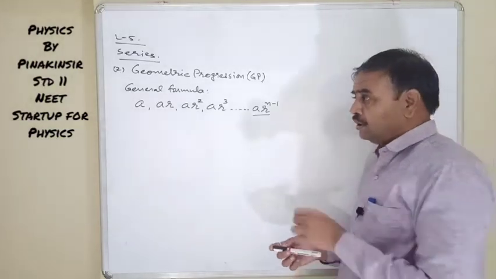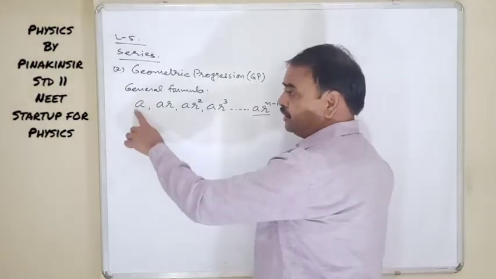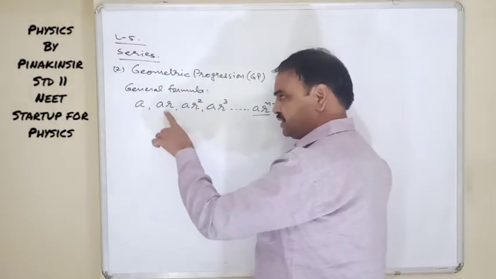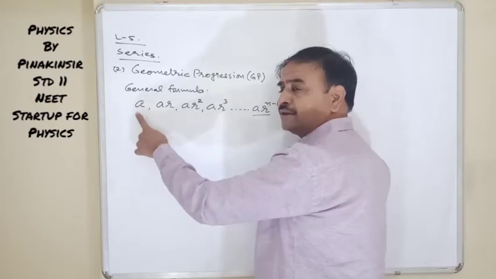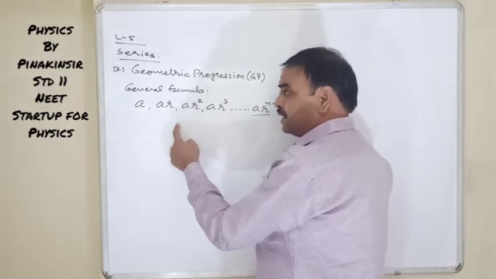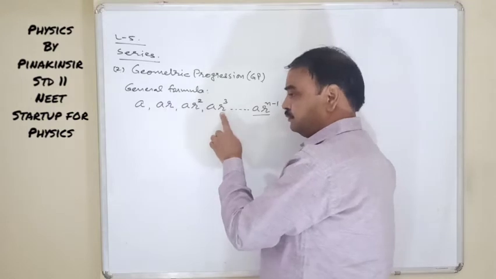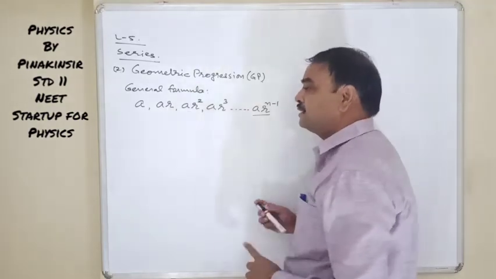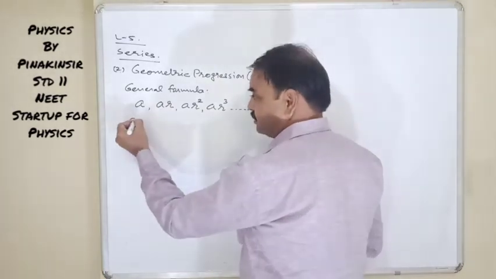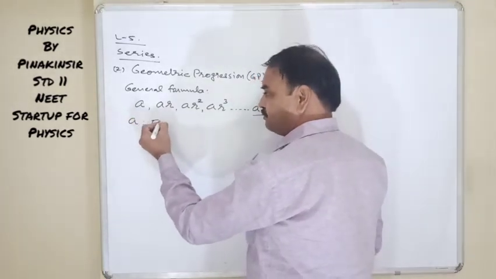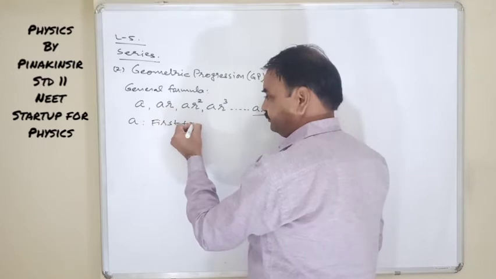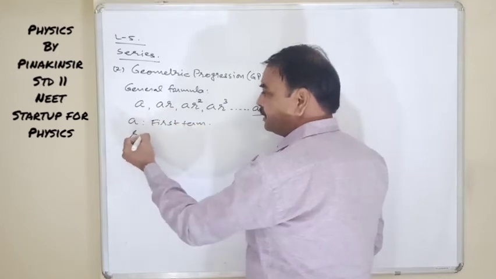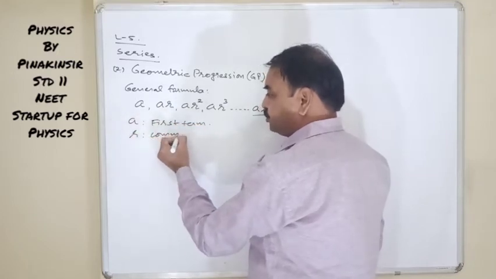See here, if we divide the second term by the first term, you will get r. The third term by the second term, you will get r. The fourth term divided by the third term, you will get r. So here a is the first term and r is the common ratio